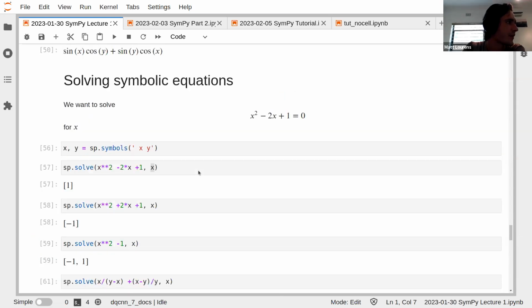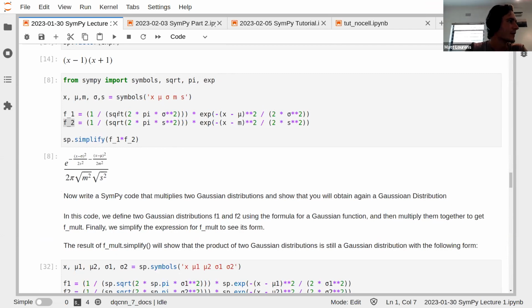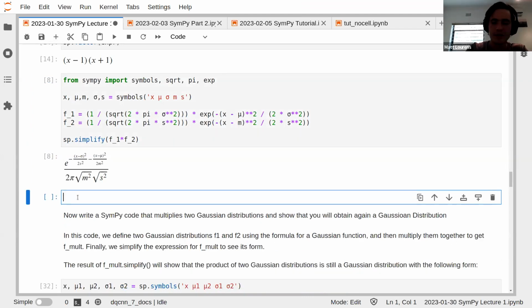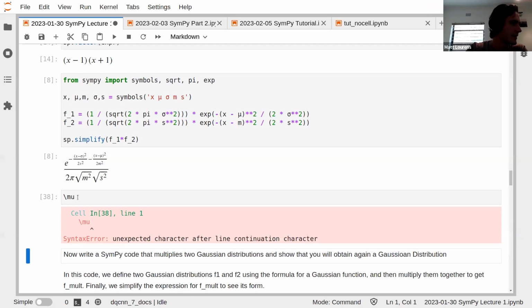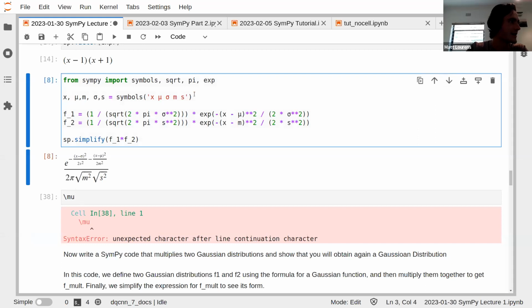Cell 14, does it have numbers here? So is it this one? I know this is kind of strange. Maybe is this what they mean if you do it like that? Yeah, that doesn't work. The only way I can think about getting, so I don't know, but the only way that I can think